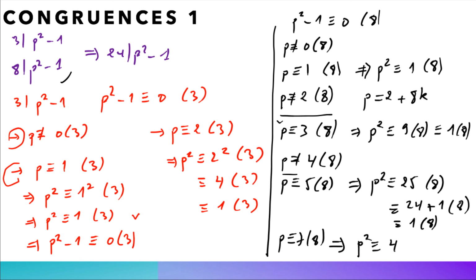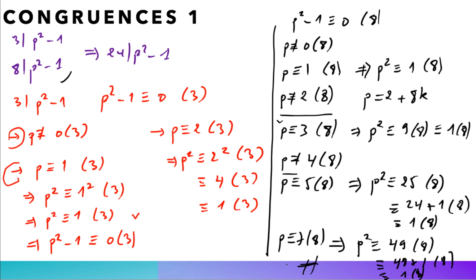7 squared is 49 modulo 8. 49 is actually congruent to 48 plus 1 modulo 8. We know that 48 is a multiple of 8, so it is congruent to 0, and all of this is congruent actually to 1 modulo 8, and this gives the desired result. So, bingo again. So this ends our proof, but before we move on, I would like to add some important